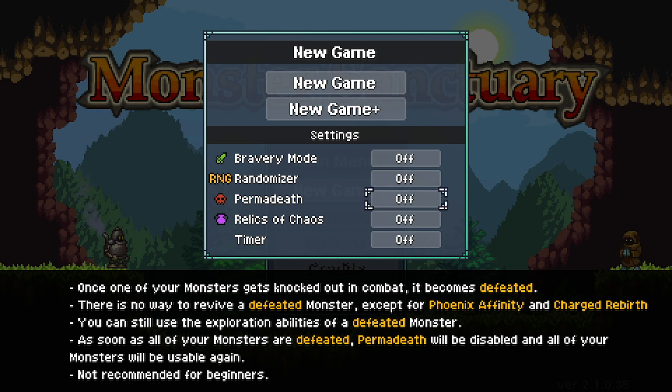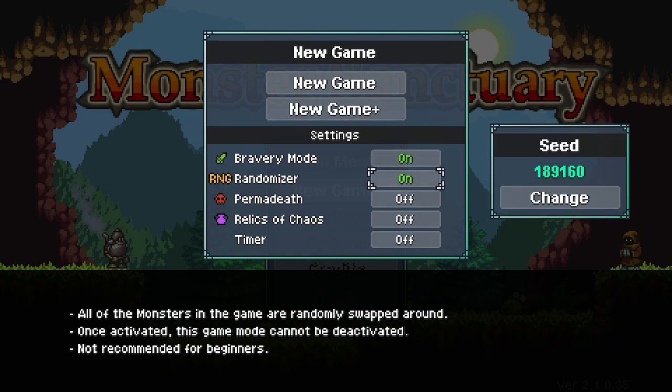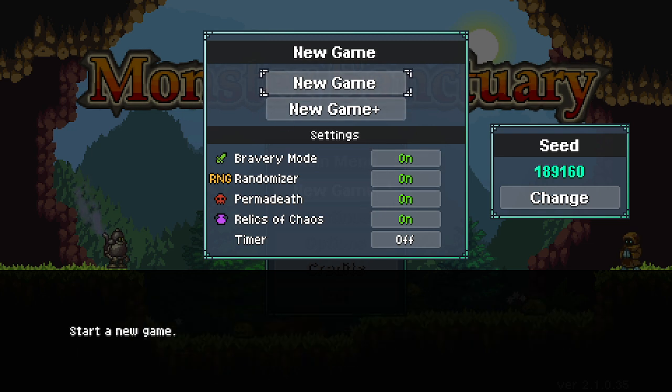So we're going to do a new game. We're going to do the Bravery Mode. We're going to do the randomizer. We are going to do the relics and the permadeath like we did before, but we're going to have a different seed, so a different set of monsters to play with than before. And I'm just going to take this as if I am explaining the game to new players